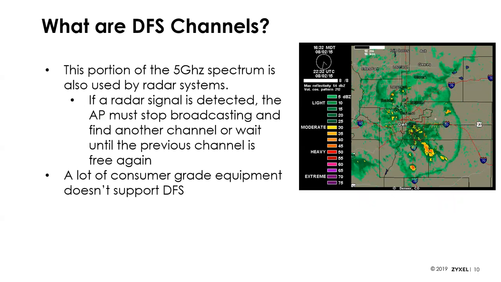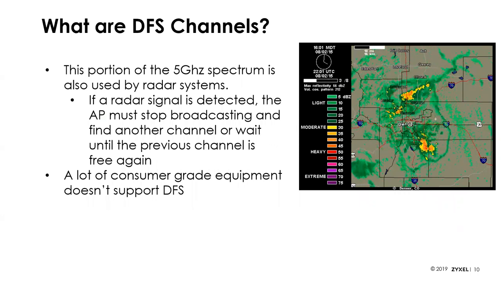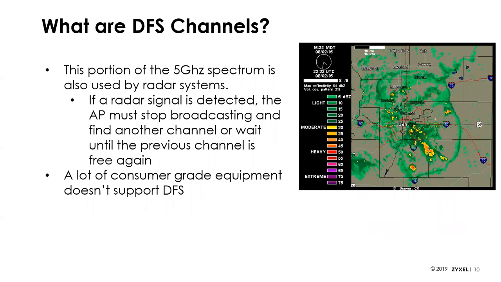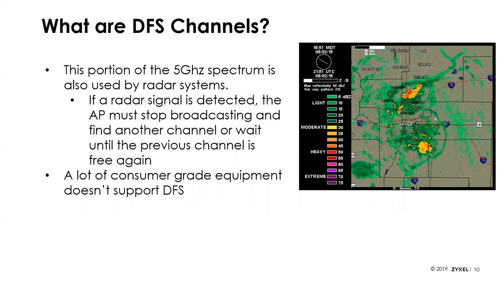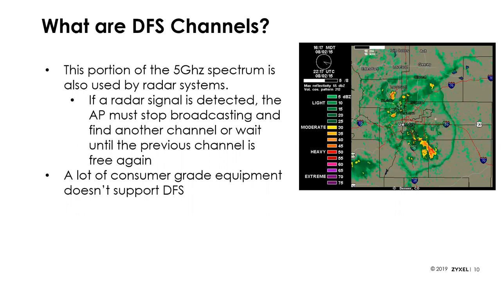So basically, before the FCC opened up 5 gigahertz for Wi-Fi usage, it had been used by other devices, in particular radars, whether we're talking airport radars or weather radars. So in order to open this up for Wi-Fi use, the FCC put in rules for something called DFS. With DFS, before you can use one of these channels, your access point has to listen to the channel, verify it's not being used by another legacy device, and then once it's established that, it allows you to